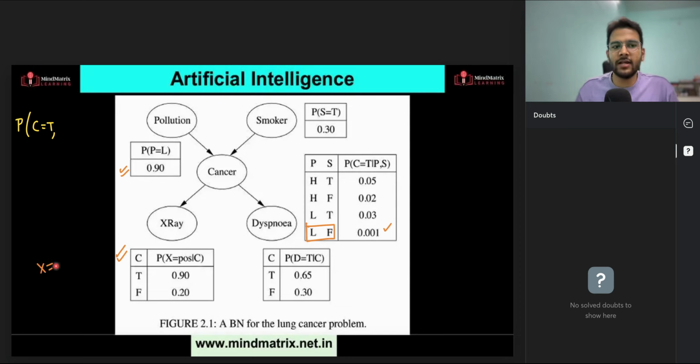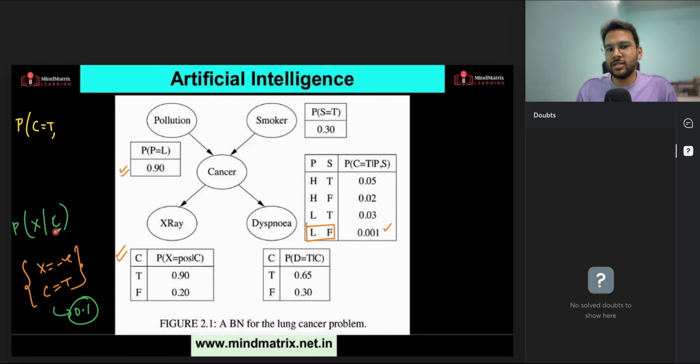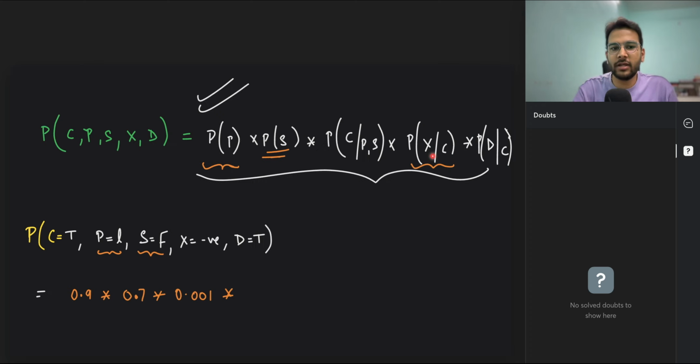We want to find that X-ray is negative and cancer is true. Let's see if you can tell me the correct value or not. Exactly. Very good. That is going to be 0.1. Why? Because we have this expression, right? So this given true, when this is given true, then X-ray is positive is 0.9. That means X-ray is negative is going to be 1 minus 0.9, that is 0.1. I hope it is clear. This thing I've already explained to you. So 0.1 is there.